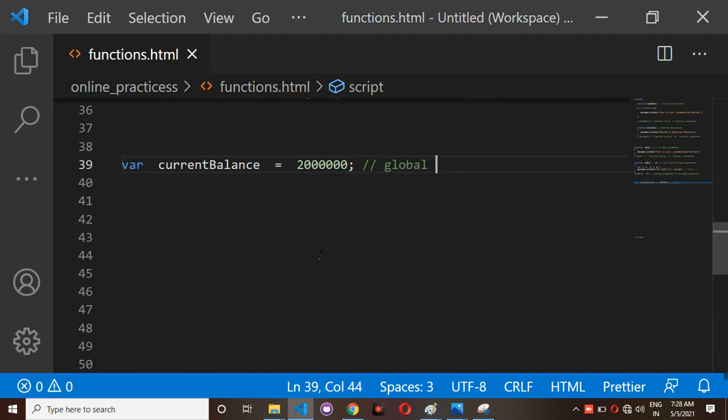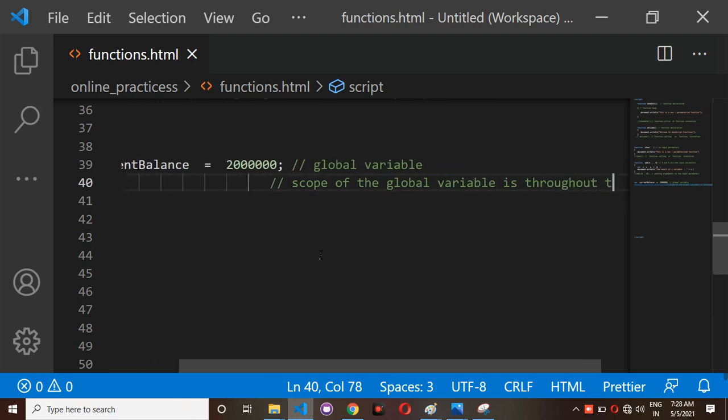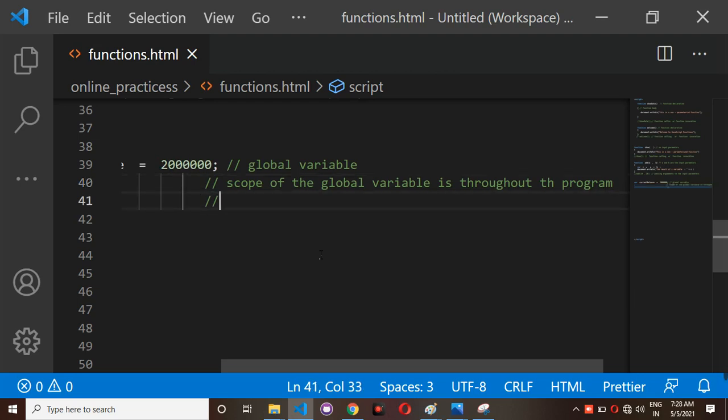The scope of the global variable is throughout the program. Throughout the program means you can access the global variable anywhere in the program.